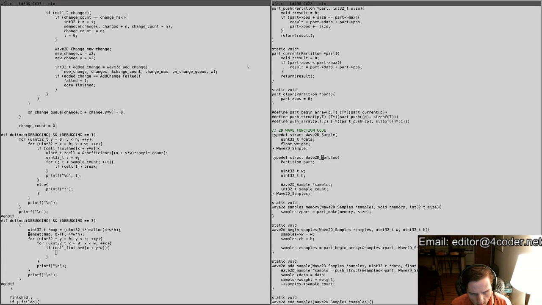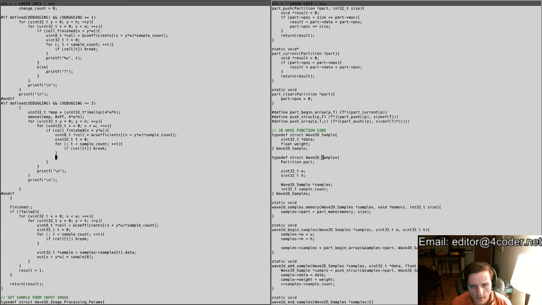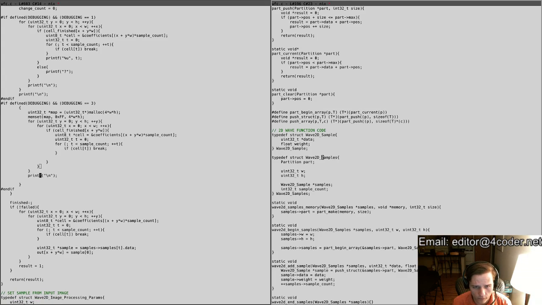And then whenever I find that a cell is finished, I want to, let's see, get the cell. T, there we go, so that's how I get the T, and then I need to figure out